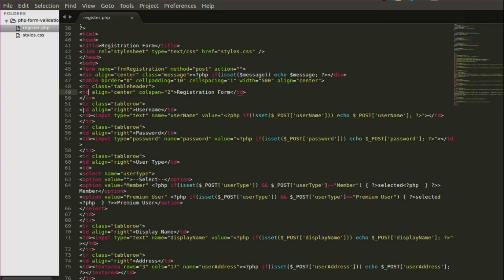This is firstly for the username, and the value will be passed into it. You have to check if you've set the username, and it's going to echo out the username, just trying to process the form further. And if you actually set the password, it's just going to echo that out. And we have the user type, this is when you make a selection for the kind of membership you want, either premium or